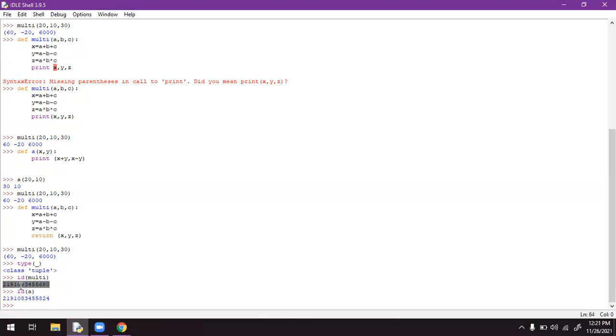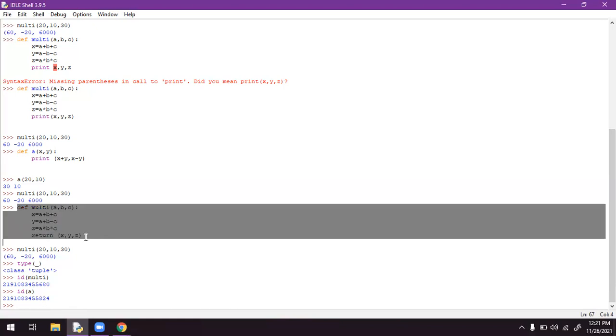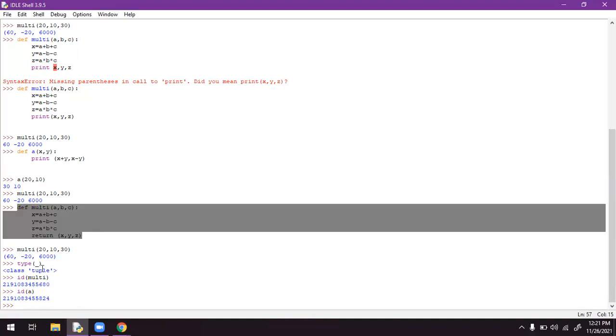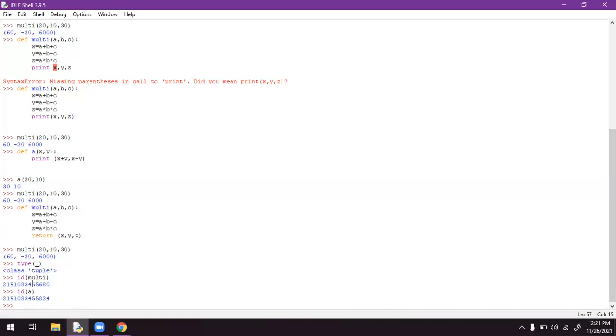So it will always call that id or physical address, take the parameters, put them into that function statement, and then we get the result. This is called multifunction variable declaration.